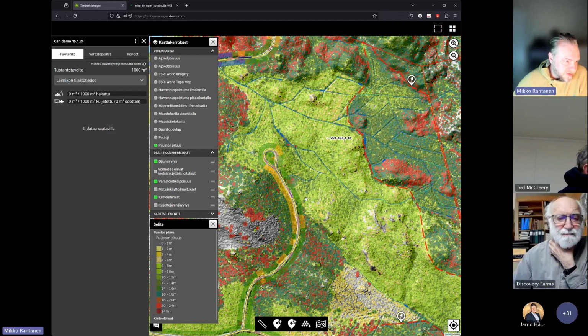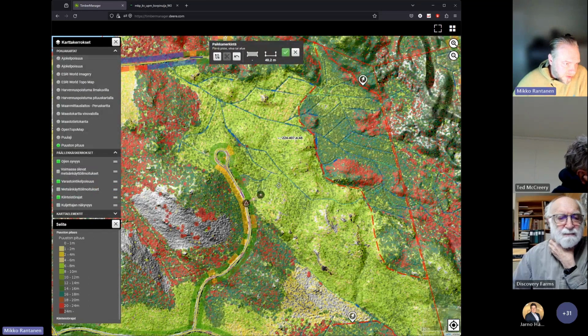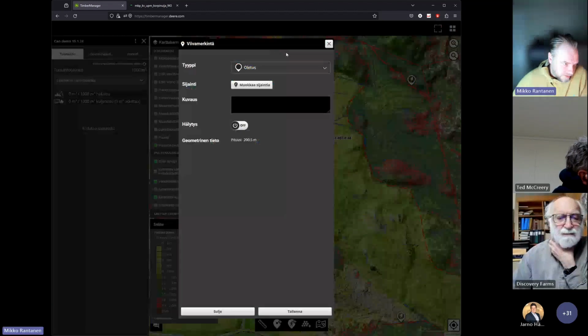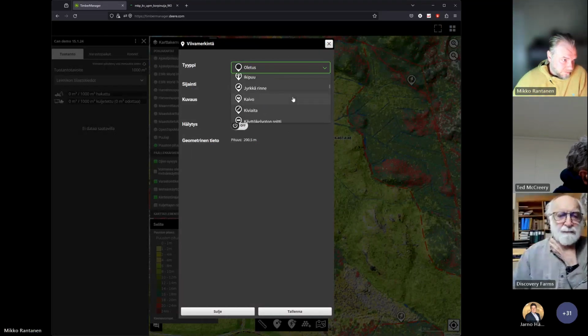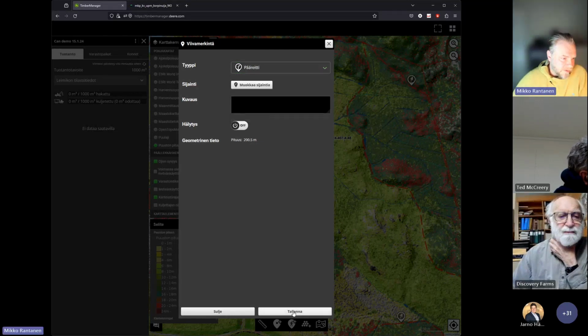So it's basically just you need to go like from here. This is my first idea. So that's our way to get into the forest probably. Let's put it, yeah, main road like that, and then